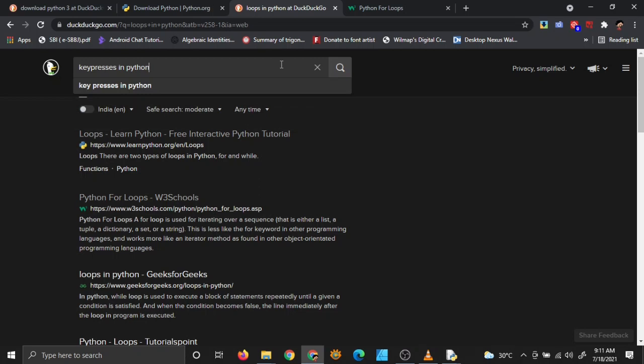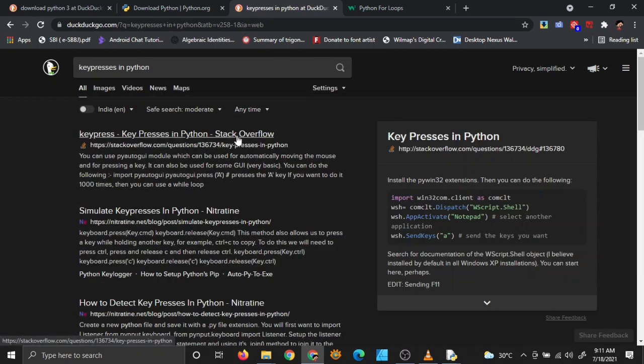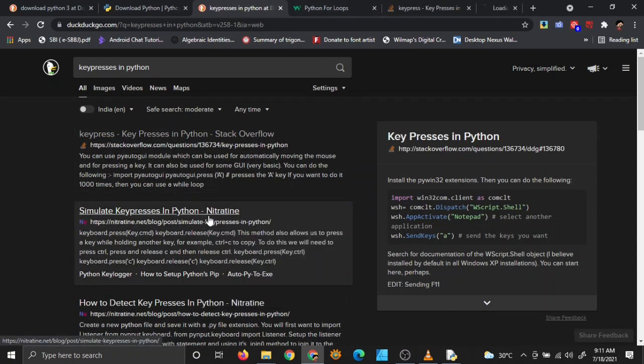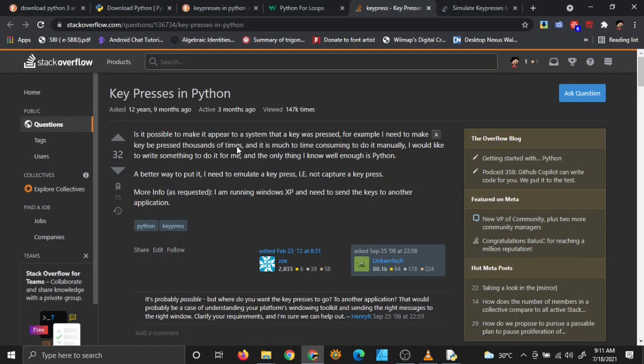I will also use Google or DuckDuckGo and search for different things. You can go to Stack Overflow, it's a good website. You can go to personal blogs, and you can go to W3Schools, which is an extremely good website for this.